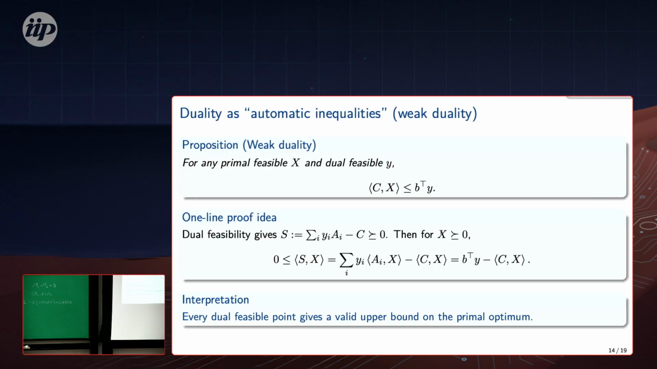That's exactly what the next 5 slides are about. Thanks. Yeah. Oh, yeah, I didn't explain that well. Thank you for that. So the dual feasibility just requires us that